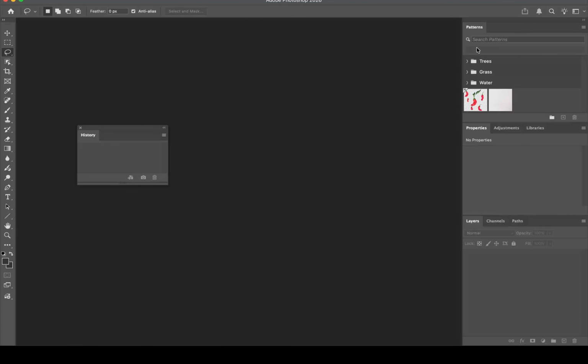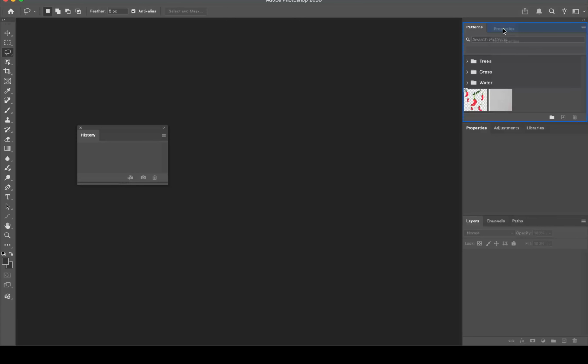Now, I am going to get rid of patterns, but not yet. And the reason I don't want to do patterns yet is I want to anchor properties to the top of my application frame. If I tear properties off, sometimes that doesn't happen. So what I'm going to do is I'm going to move properties up here first because I know patterns is anchored. So grab the properties tab and move it up, and when you get the tabs really close to each